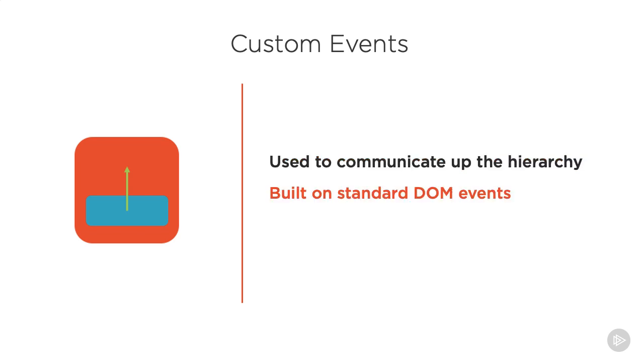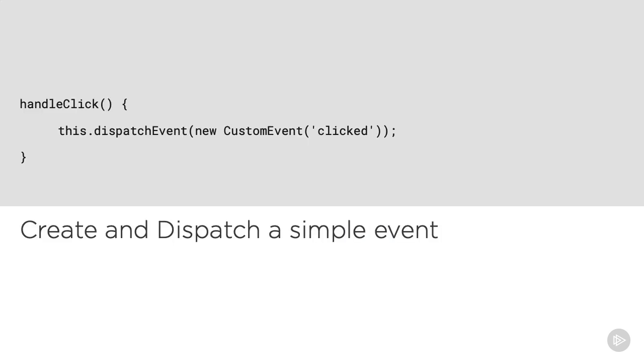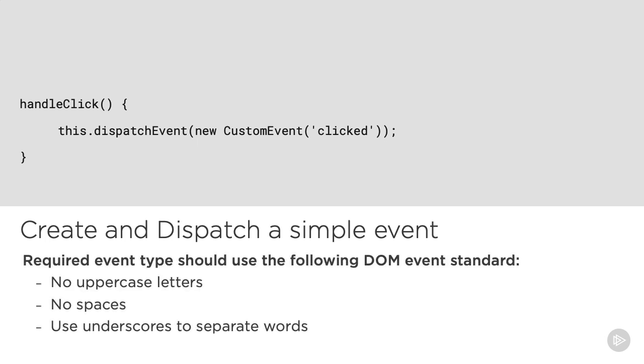Custom events are essentially just a specialized standard DOM event. Lightning Web Components use the custom event interface to create and dispatch these events. For simple events in which no data needs to be passed to the parent component, the component event can be created and dispatched with a single line of code, such as what you see here. The event type, which in this example is clicked, is required and should follow the DOM event naming standard. This means there should be no uppercase letters or spaces, and if two words are used, they should be separated